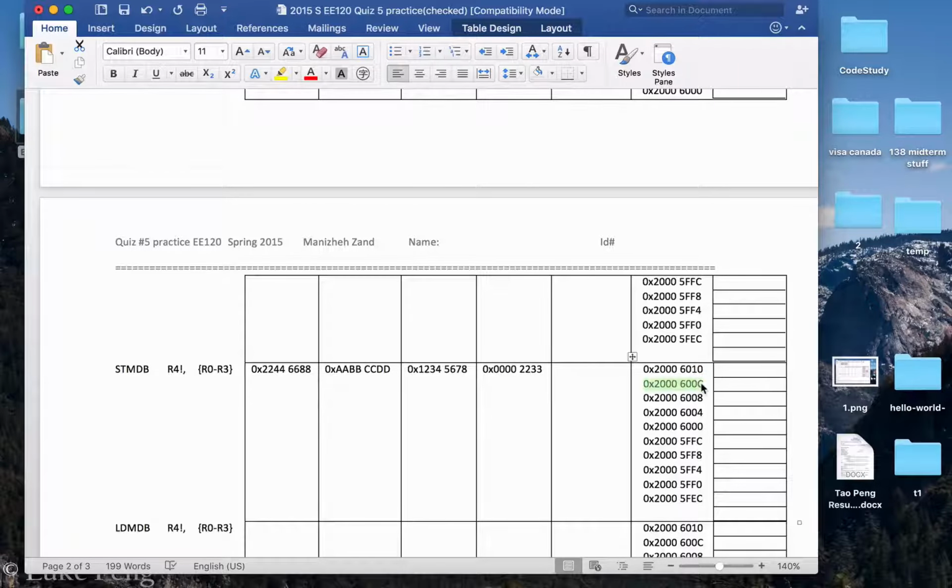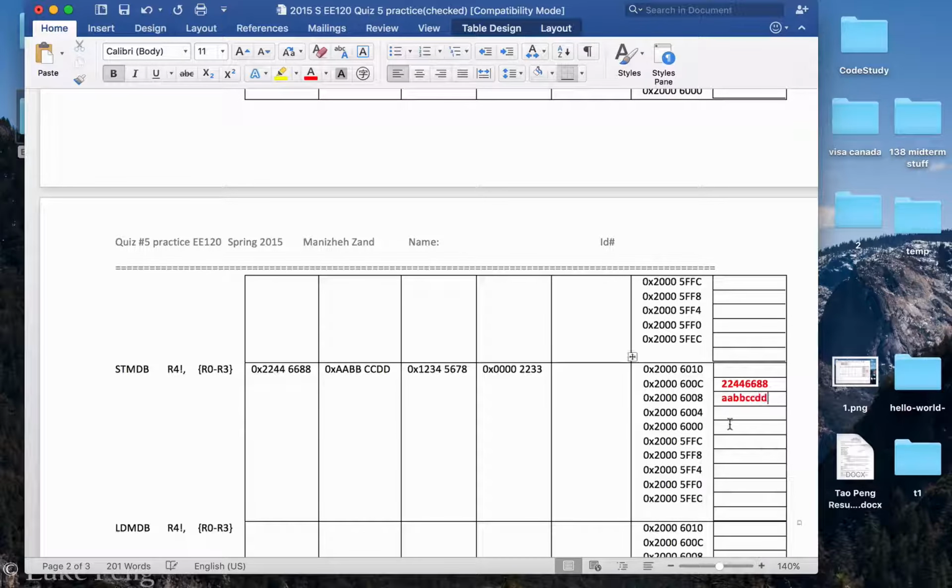I decrease here. Once after I decrease, I store what? I store R0 to R3 to my 4 memory locations here. So starting here, 22446688. Then I decrease, store